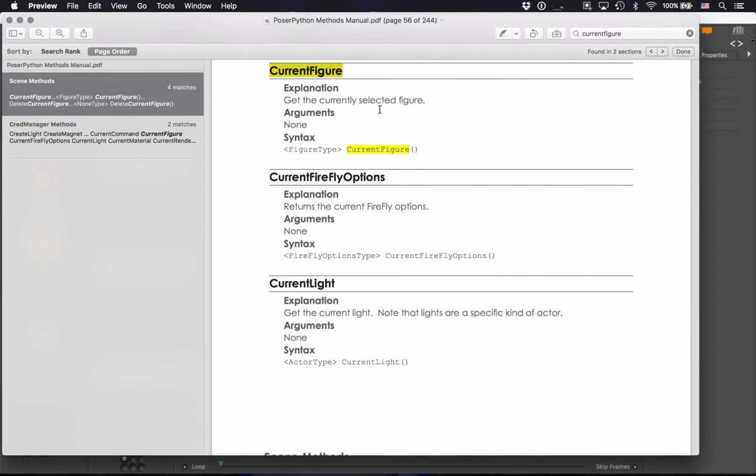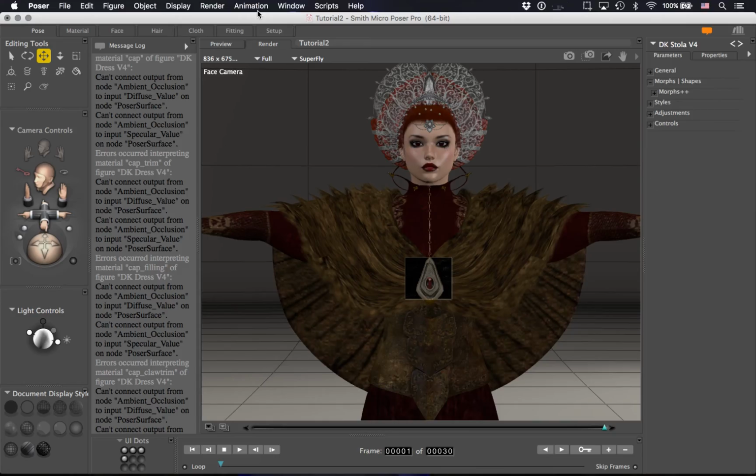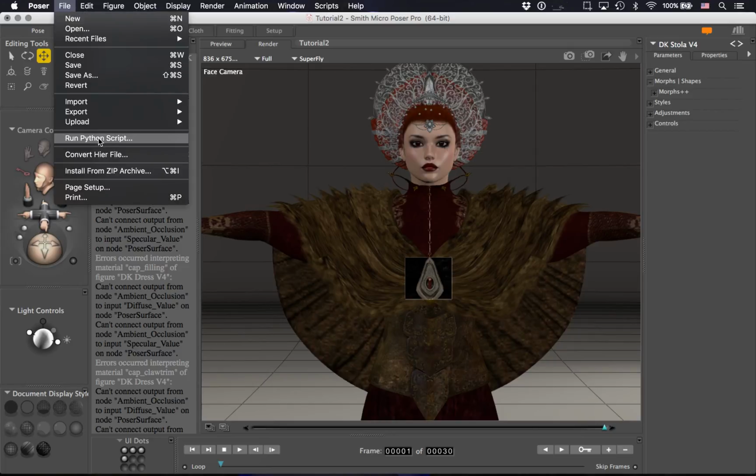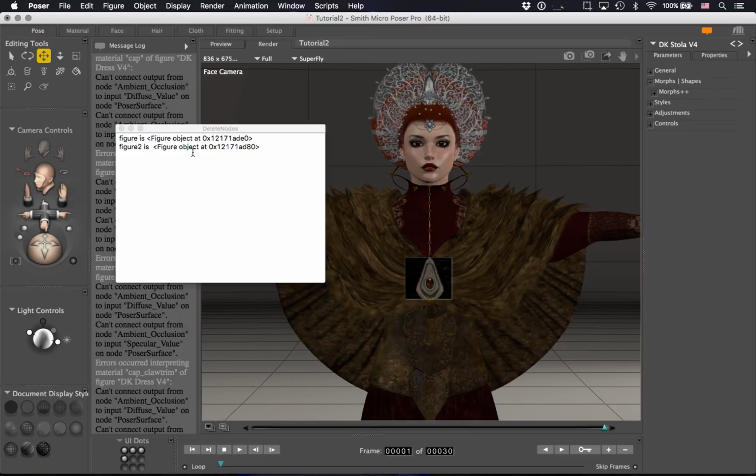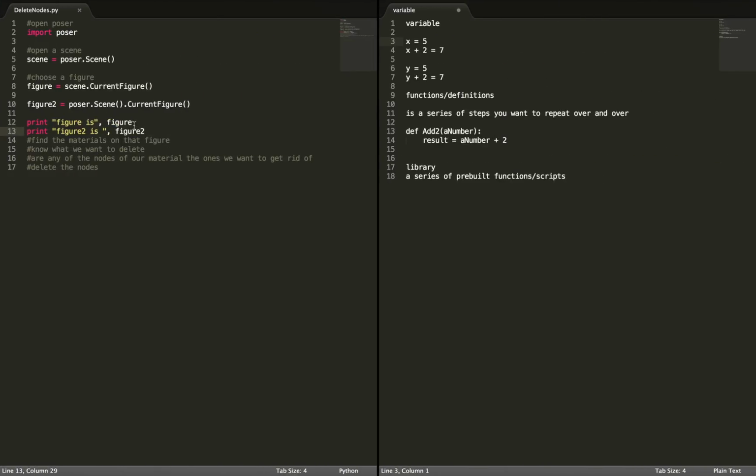So let's see what we get, and we may get something kind of strange only because I didn't pull up the name of the figure, and you'll see what I mean in a minute. That's what I expect to happen. Okay. "Figure object at", and that's because of how the computer's keeping track. This isn't the name of the figure. If I say figure dot, oops, capitals, keep hitting caps lock, name,